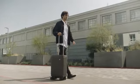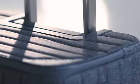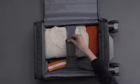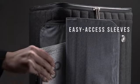Escape was engineered with the most advanced technology inside and out. Our hydrophobic fabric uses the world's thinnest modified cross-section nanofibers, making the exterior liquid and stain-resistant, as well as extremely durable. From packing to getting through security to long layovers, every feature was meticulously designed to make your travel experience